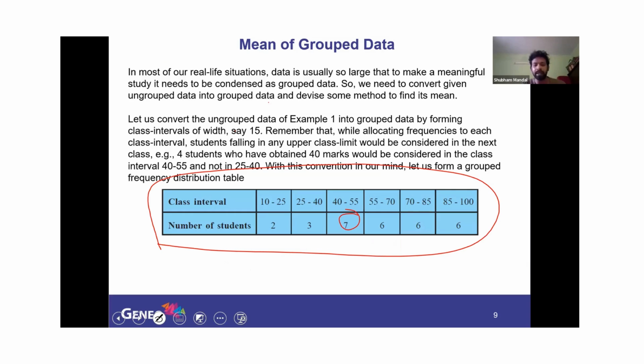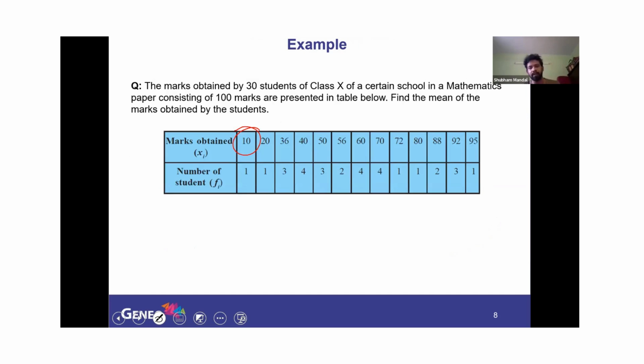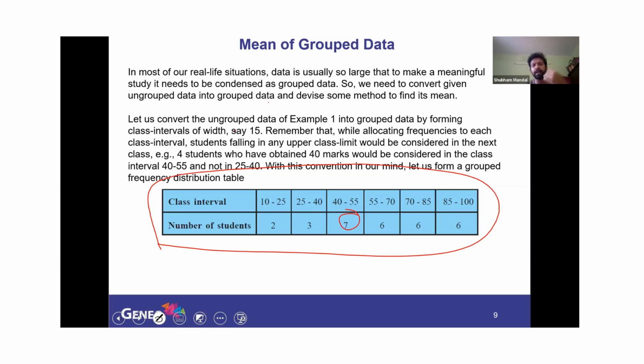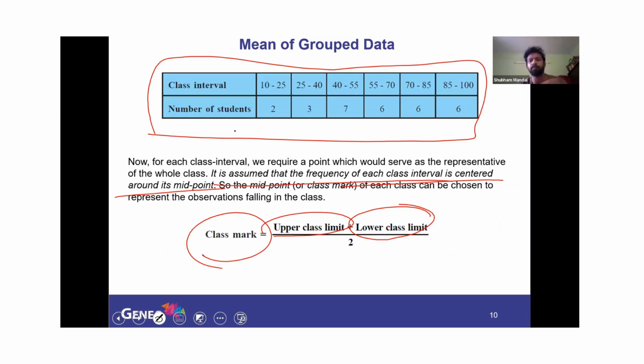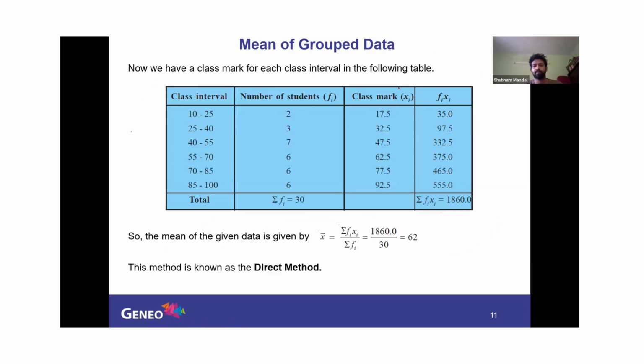And then take some interval. If you want to combine 20 marks together, you can take 10 to 30. Instead of 15, you can take 20 marks. You can take 10 marks also. It will be 10 to 20, then 20 to 30, 30 to 40. You will get different classes. But finally, you will get the mean to be almost the same. You'll get the mean to be the same as what you've got, even if you take different class intervals.